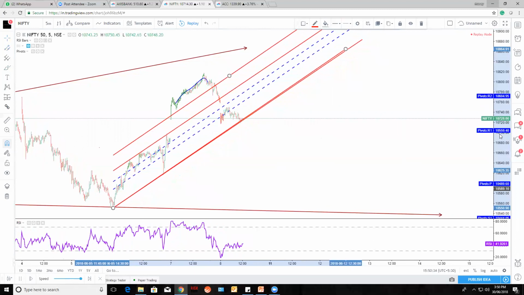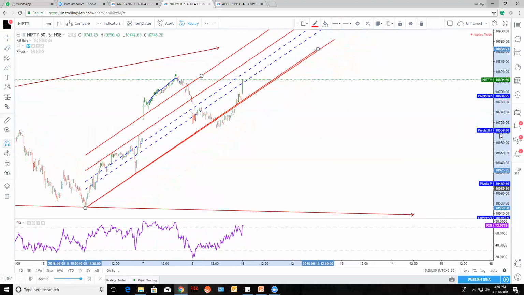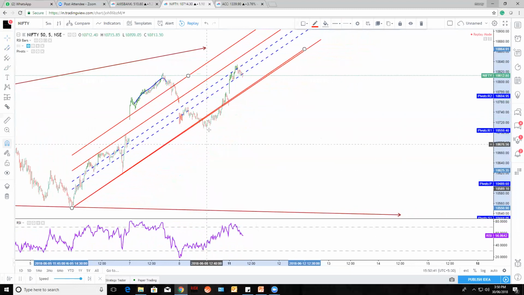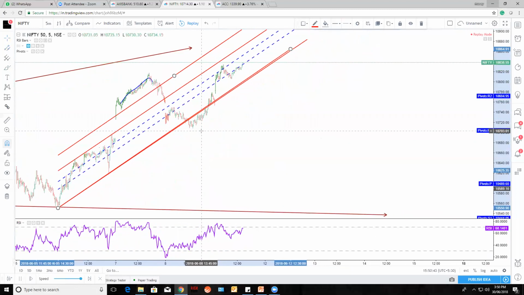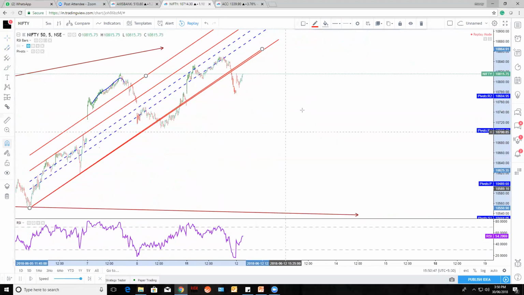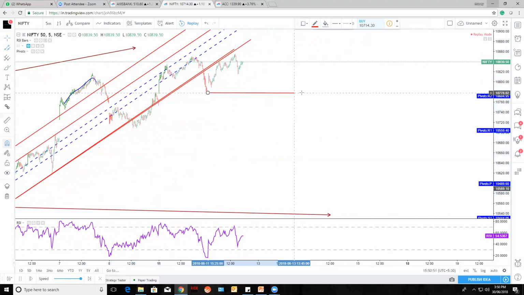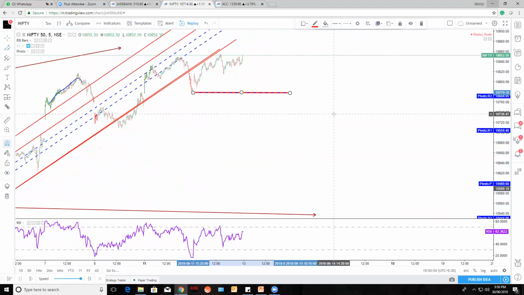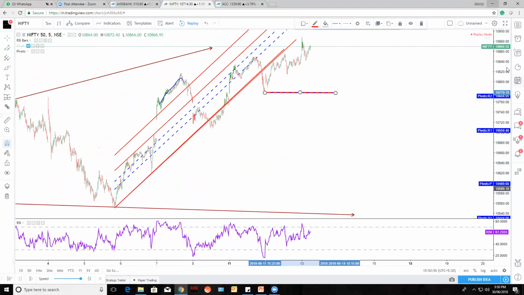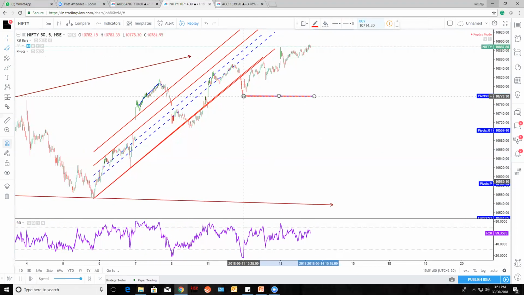See what happened. Channel broke, but taking support. If you think that the channel has broke, you are taking the sell, guys. It will happen. So that is the reason you need to have a confirmation before it breaks. You need to wait for these levels or pivot levels to break, then only you need to trade for the lower side. Otherwise, don't. Okay, so this is one more channel.